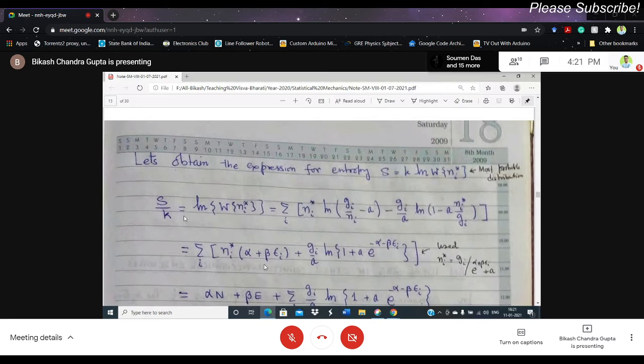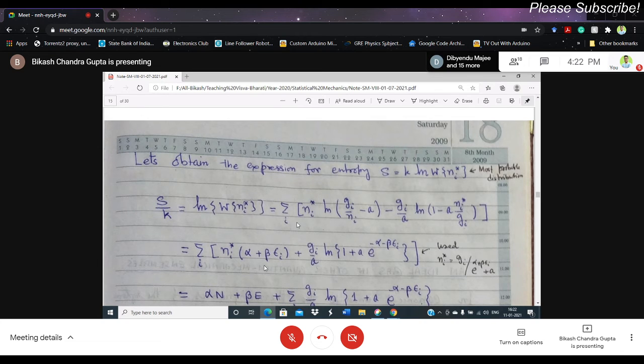Now you can have the expression for the entropy. Let us see where we are leading. If you want to have the expression for S, then S of course is k ln Omega n star, because this is the most contribution, the most probable distribution. Most of the contribution is coming from so many possible states. So S by k is ln W of ni star, and that